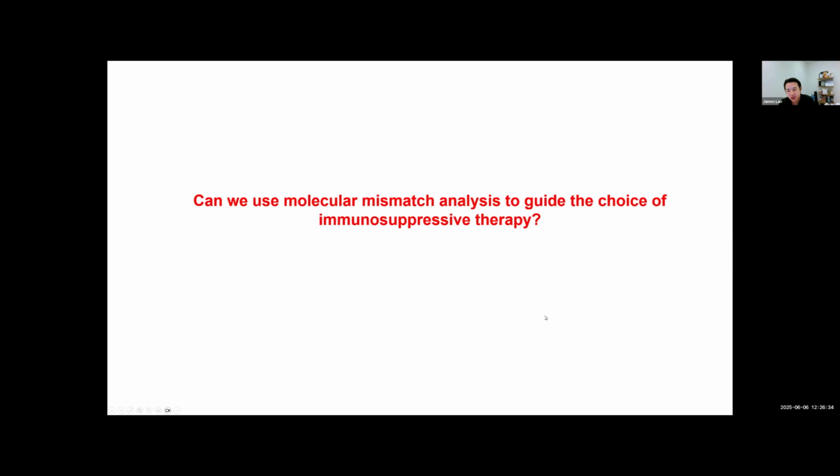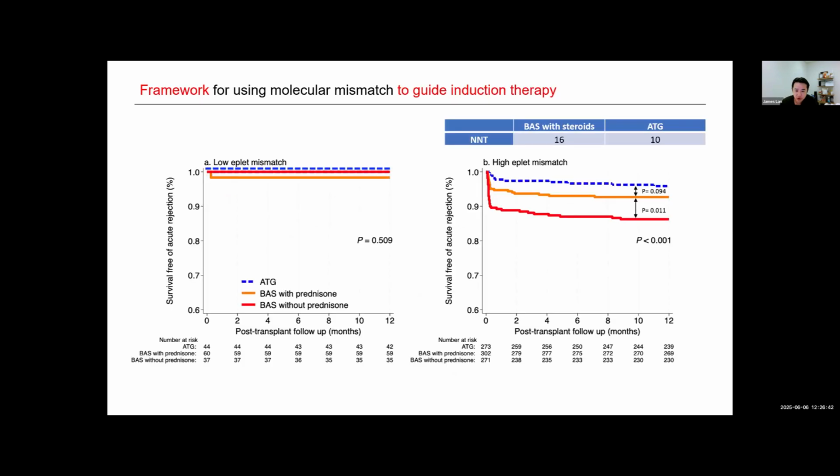And so then we said, well, that's very interesting as a retrospective analysis. But can we use that information to guide the choice of immunosuppressant? As you can imagine, we give patients different intensities of immunosuppressant, and right now we don't really have a good way to know who should get more or who should get less. What this analysis shows is that for patients who are low epitope mismatch, it didn't really matter what intensity of anti-rejection medications they got. Even with the most intense or the least, those not even treated with prednisone, they actually had very minimal risk of rejection. Only 1 out of 141 patients.